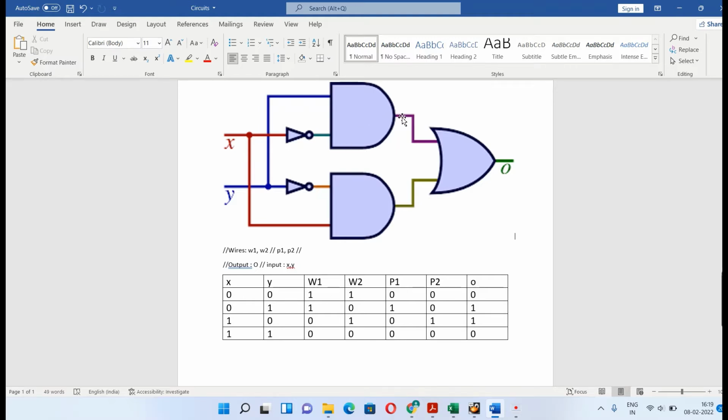Then for the first AND gate, I am taking the wire output as P1, and for the second AND gate, I am taking a wire output as P2, and combining these to the OR gate, we will get the complete output O, and this is the required truth table for the given circuit.